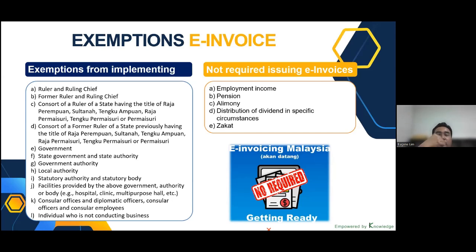But for example, you as an agent, you are doing business. You buy and sell to your customer. You buy from Hi-O, you buy from Shajida and sell it to your customer. Then you are doing business. So when you're selling the car, same thing, your personal asset, you're selling to someone doing business, you are required to prepare e-invoice on this transaction. You cannot escape. Why can't you escape? As long as a person doing business bought something from an individual,